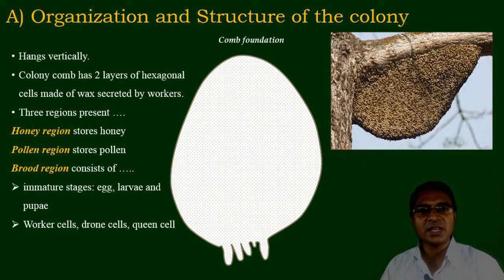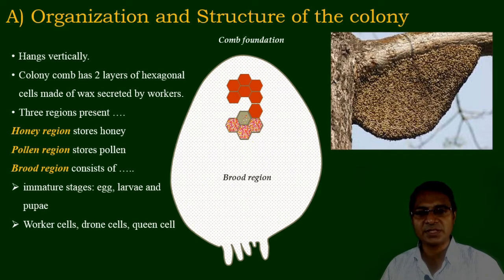It consists of three regions. The first is the honey region, which stores the honey below the comb foundation here. Below that honey region, the pollen region is present, where pollen grains are stored. Just below that, the largest region is present, called the brood region, which consists of the immature life cycle stages in the form of egg, larvae, pupae, and